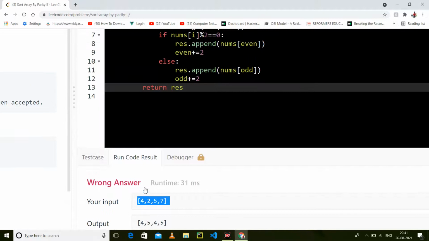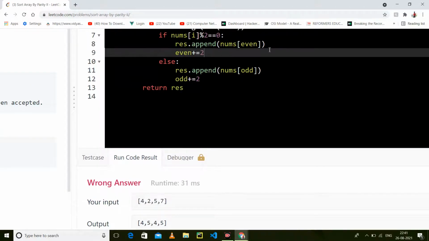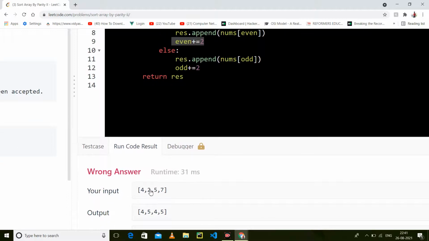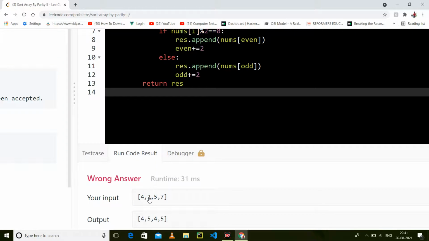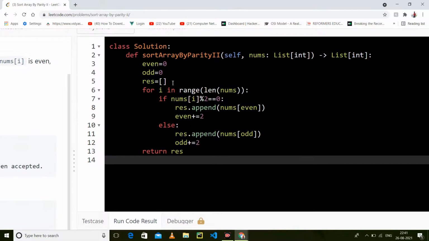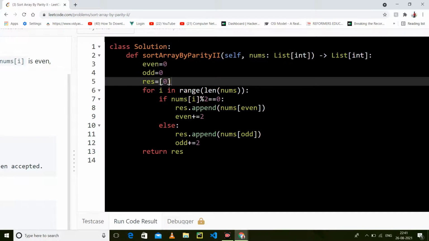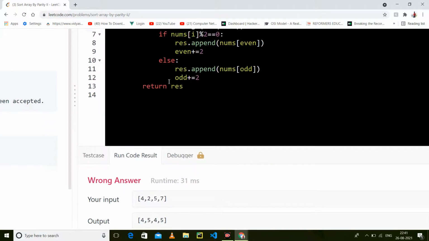If we have found 4, then we have a 0, so we will append at the 0 index and we will increment by 2. Okay, so again we will go to 2. So what I have to do here is, let's make an array.